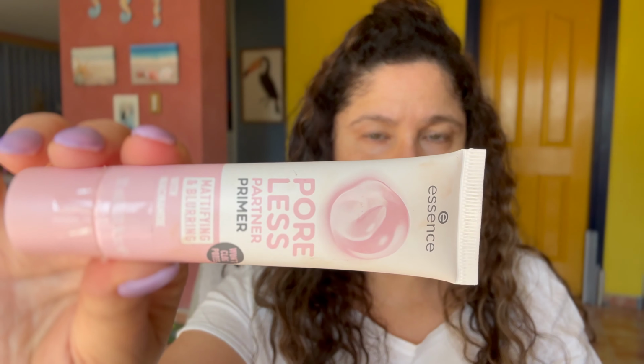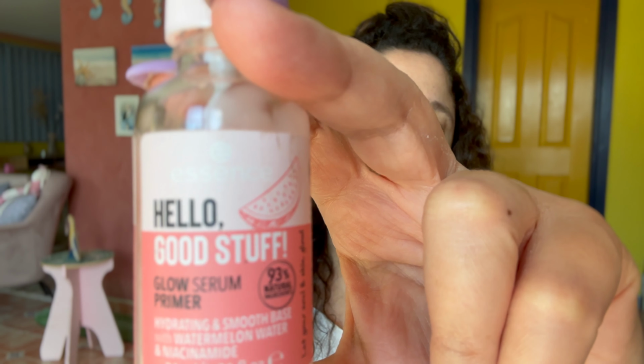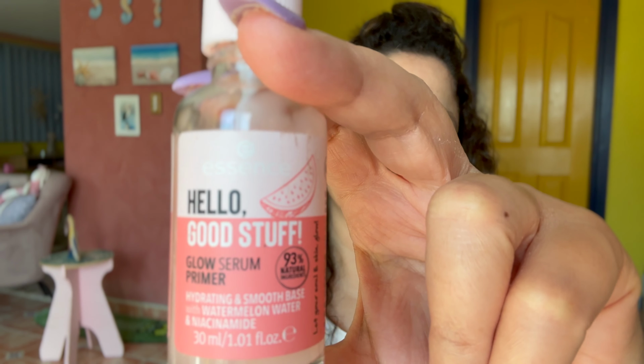Okay, so the first thing that we're going to be doing is obviously prepping the skin. And one of my most favorite products by Essence, the Essence Poreless Partner Primer. And the Hello Good Stuff primer by Essence as well. But today I'm going to be just using the Poreless Partner Primer because I just want to have a mattified